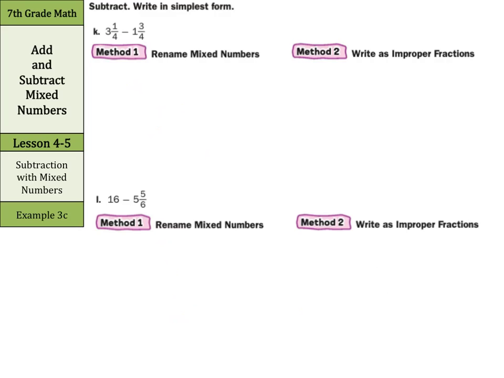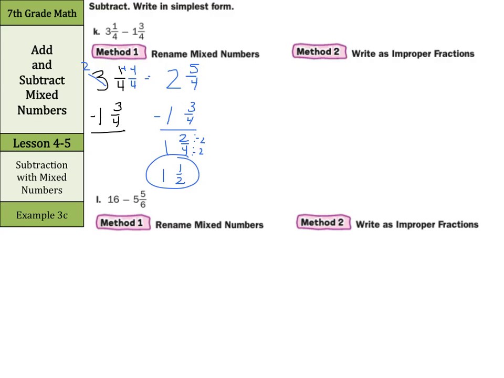2 more examples of this. 3 and 1/4 minus 1 and 3/4. Method 1, rename mixed numbers. Well, if we have 3 and 1/4 minus 1 and 3/4, I cannot take 3 away from 1. So let's borrow. That becomes 2. Add the 4/4 back. We have 2 and 5/4 minus 1 and 3/4. And this is 1 and 2/4. I actually did that in the wrong order. Should be the 2/4 then the 1, but simplify by dividing by 2 on top and bottom, and you get